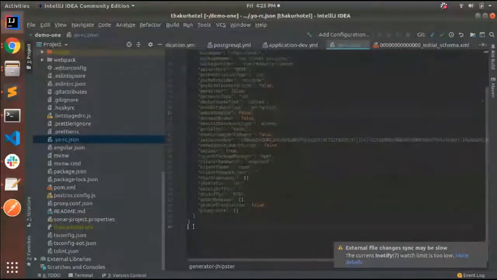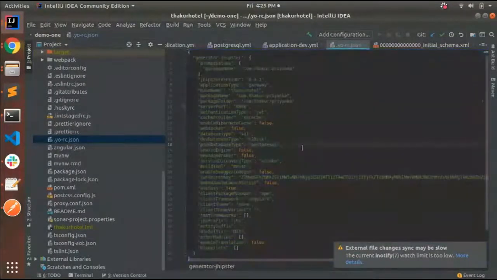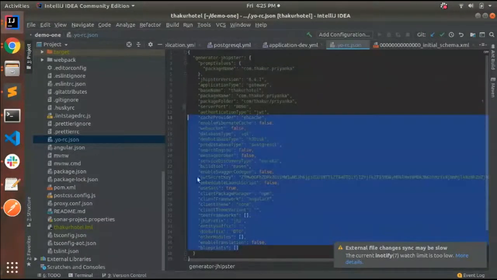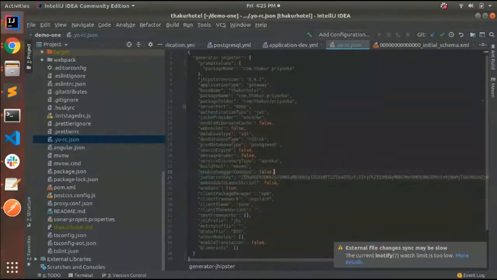This is the file by which our entire application is generated. Here you can see the choices that we have chosen in the application are listed, like application type is gateway, base name this, and the package name this, and JWT token. It is a default token that has been provided to us, and here we have the database: SQL dev database type is the H2 disk. So everything is here.